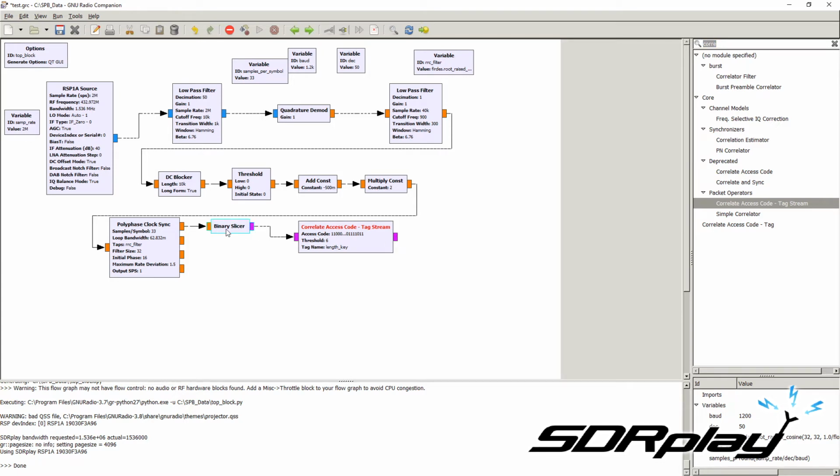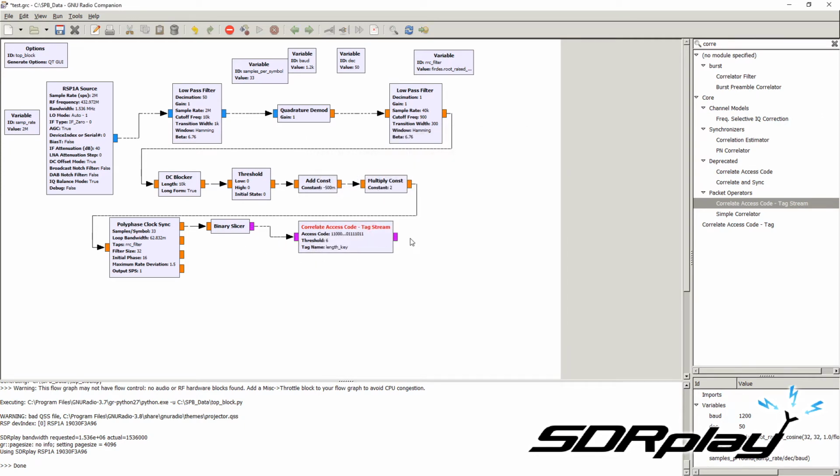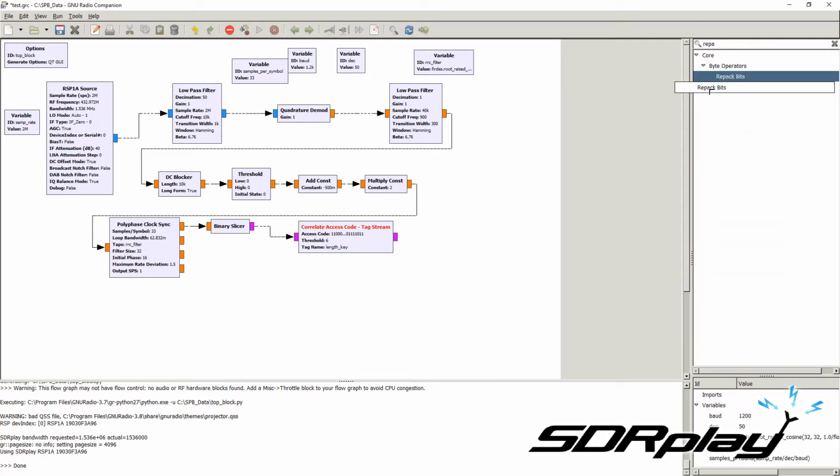In this case, the output of the binary slicer is 1 bit. So each sample of the output of the binary slicer is only 1 bit per sample. And the type is actually an integer 8, is a byte, which contains 8 bits. So for each byte in the output, there is only 1 bit. We need to pack these bits into 1 byte. So we need to take 8 output samples of the binary slicer and pack them into 1 byte. To do this, we can use a repack bits block